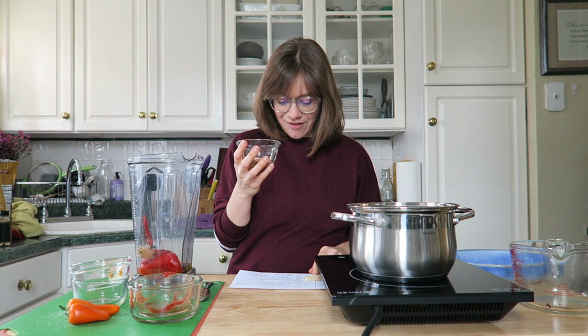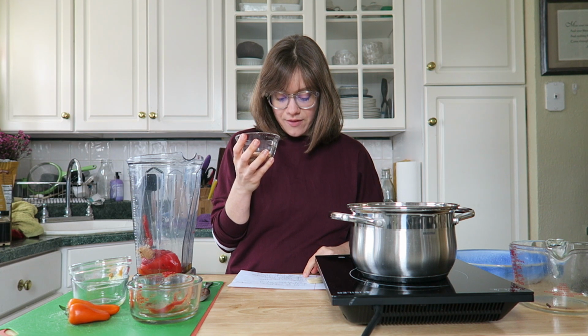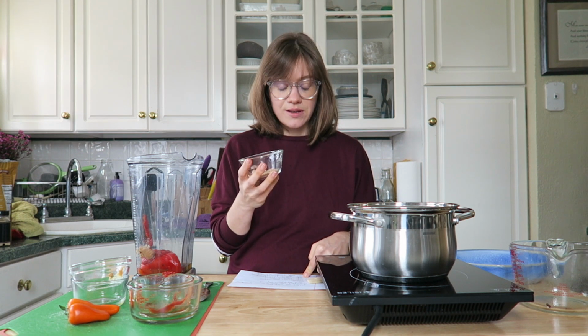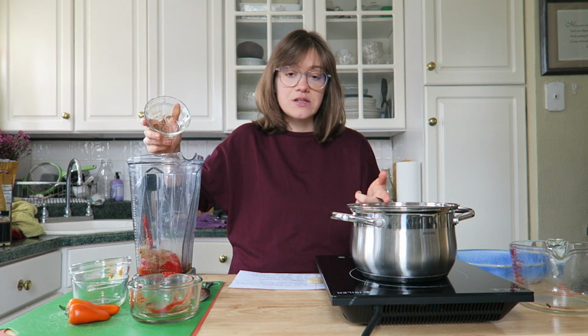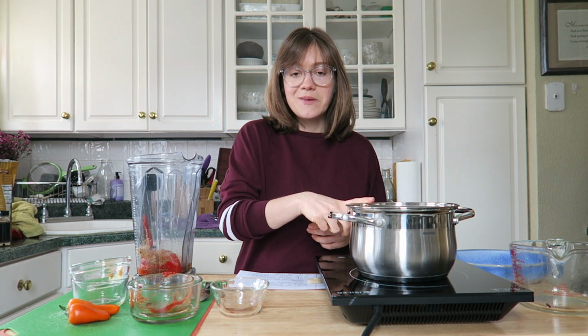In here I have 1/4 of a teaspoon, and you can also go up to 1/2 of a teaspoon of chili powder, depending on your spice preference. And then I have 1 teaspoon of garlic powder. If you wanted to, you could also use minced garlic in here, and that's wonderful as well. So kind of play around with the spices that you like, but we're going to give this a blend,